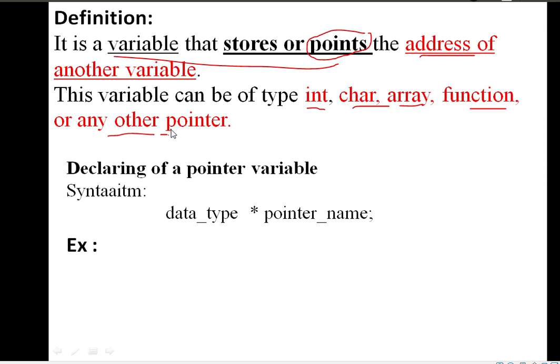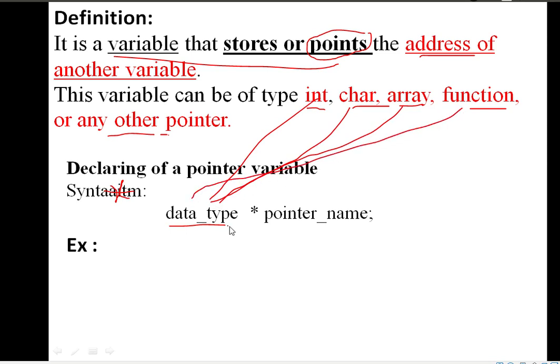You can define this in this fashion. So, declaration of a pointer. Okay, this is the syntax for declaring a pointer variable. The data type may be int, char, array, float, or function, followed by the star operator.